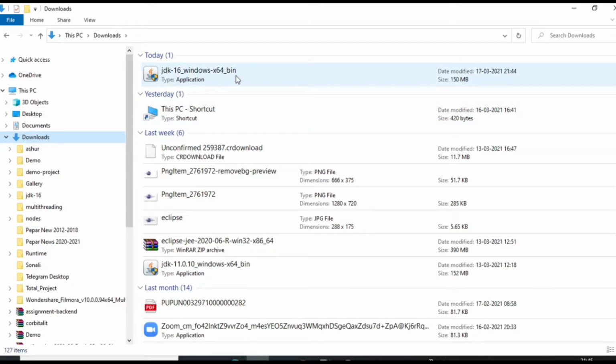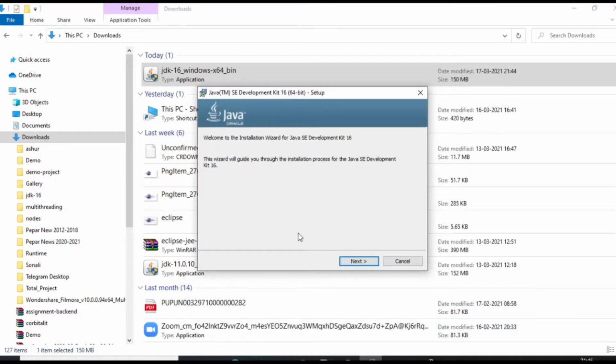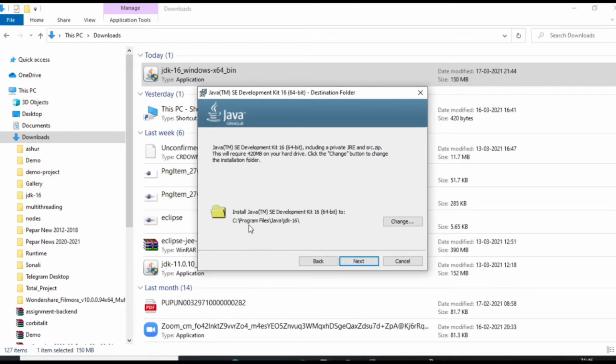Now I will install this JDK 16 on my machine. So just click this. Here you can see, click this one. This is the default path where JDK 16 will be installed.